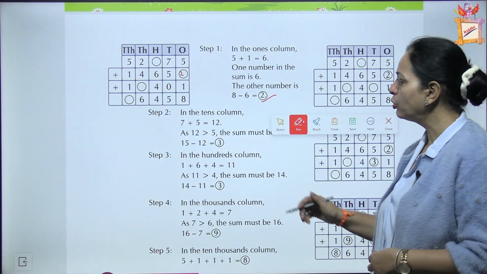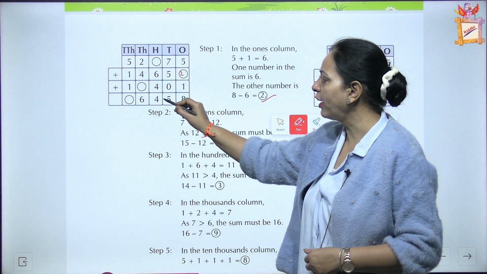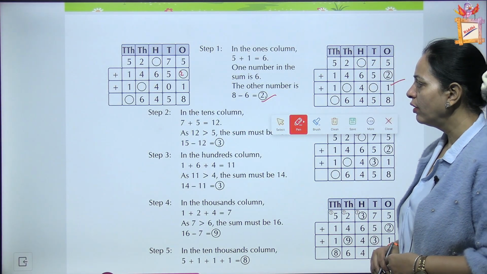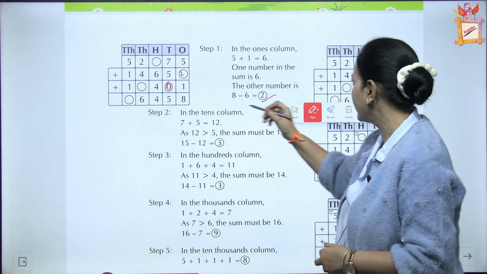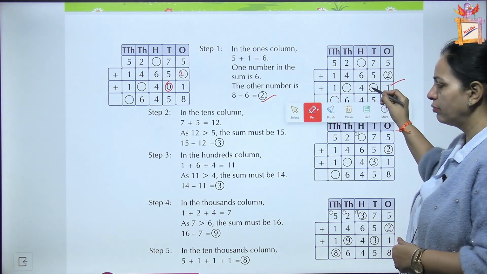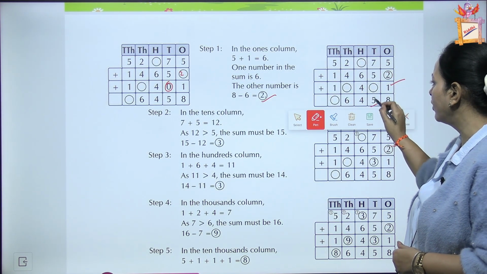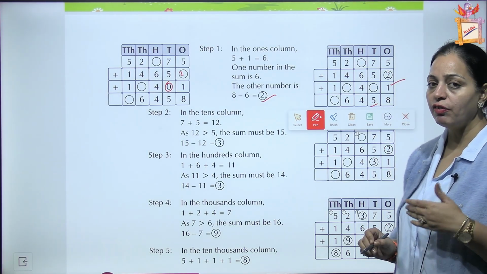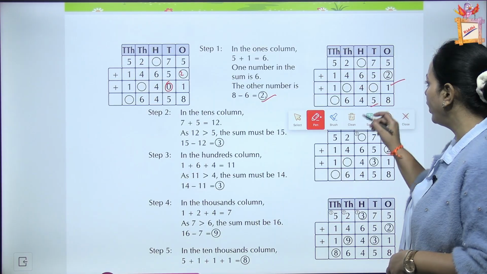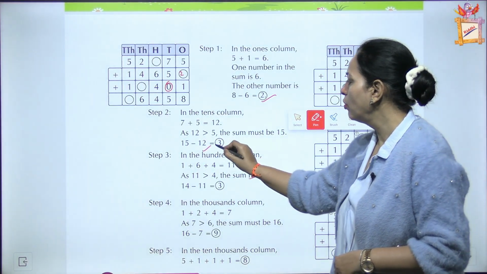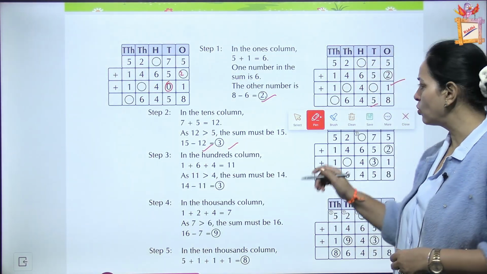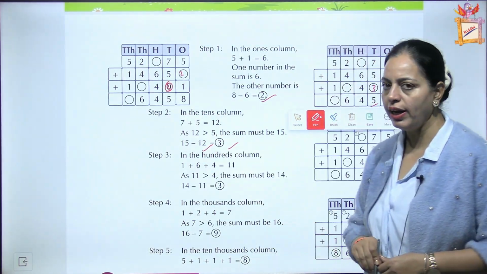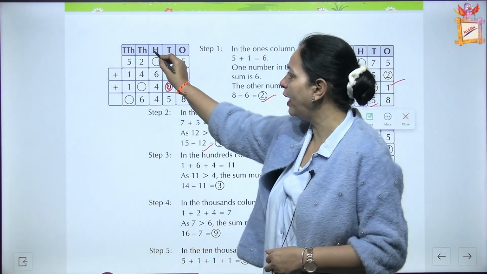Okay. Now come to tens, 7 and 5 and here blank. So 7, 5, 12. So here now see the tens digit, 7, 5 and blank here and 5 here. 7 and 5, 12 and we want 5 here. It means 15 would be there. 7, 5, 12 and here 3. So 15 minus 12 that is 3. So you will write here 3. यहाँ पर आ जाएगा आपका 3. Okay. Now 15 है so 1 carry here.